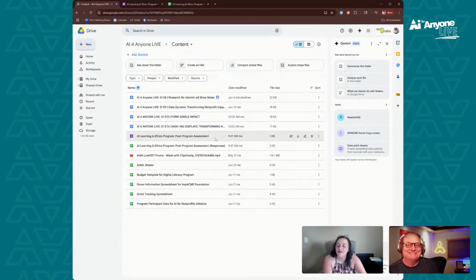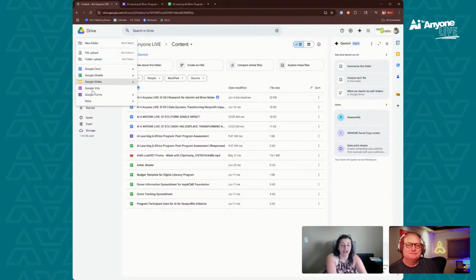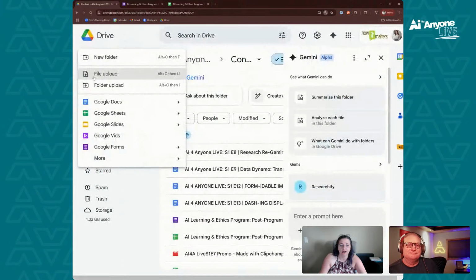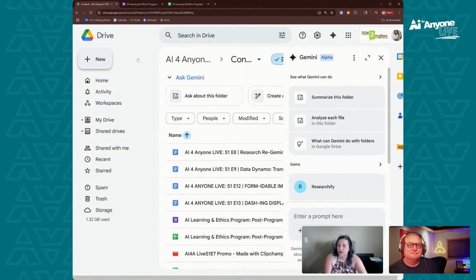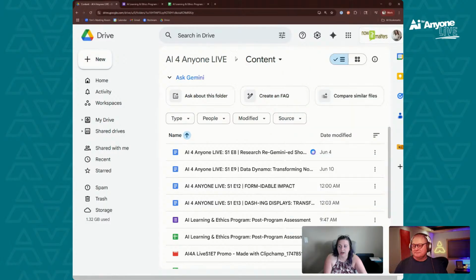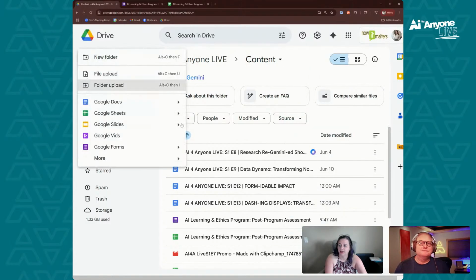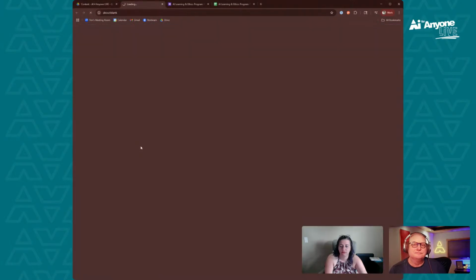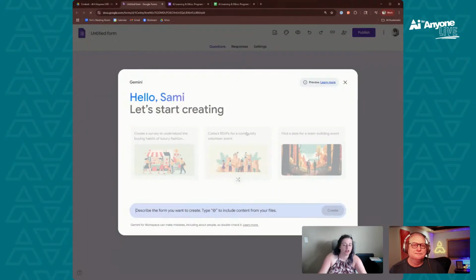Okay, so you can see I've tested this one out already, but what I'm going to do is, like you would as you're creating any form, zoom in a little bit here. When you're creating a form in your Google Drive, I'm going to get our Gemini over here, just out of the way, so we've got a little more screen. Hit new, and we're going to go to Google Forms. Like the simplest version of this, right?